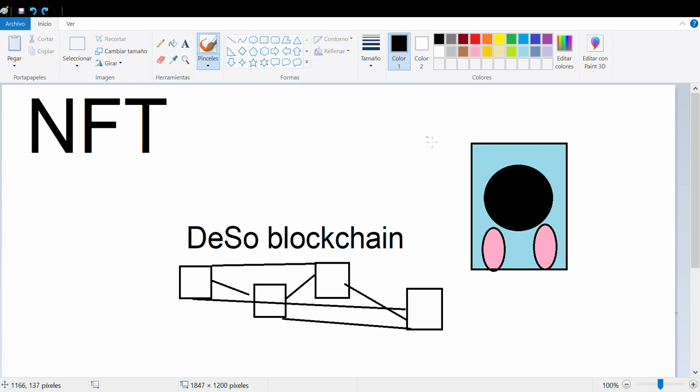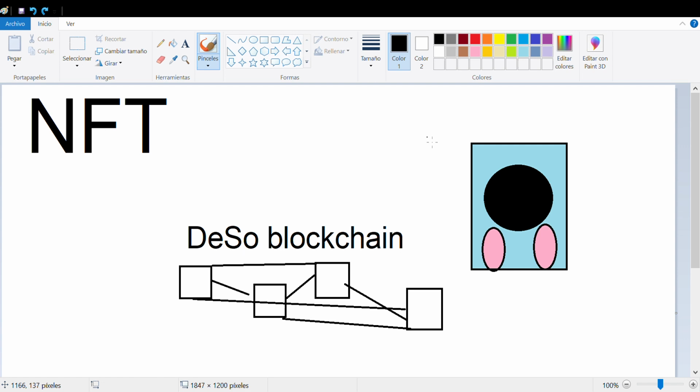In Ethereum or Polygon, which is a layer 2, you have to make it using a smart contract written in Solidity.